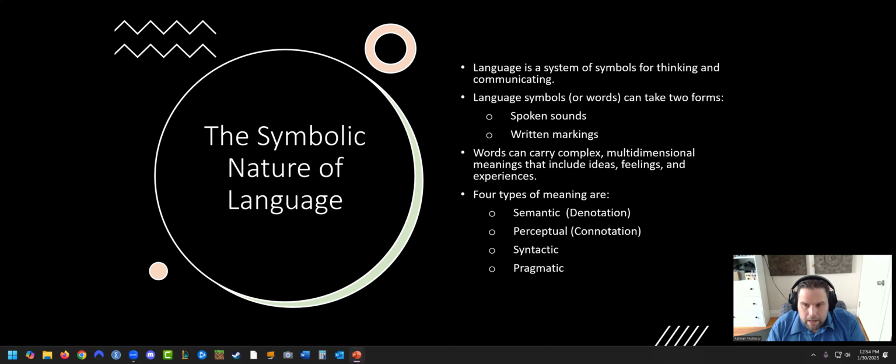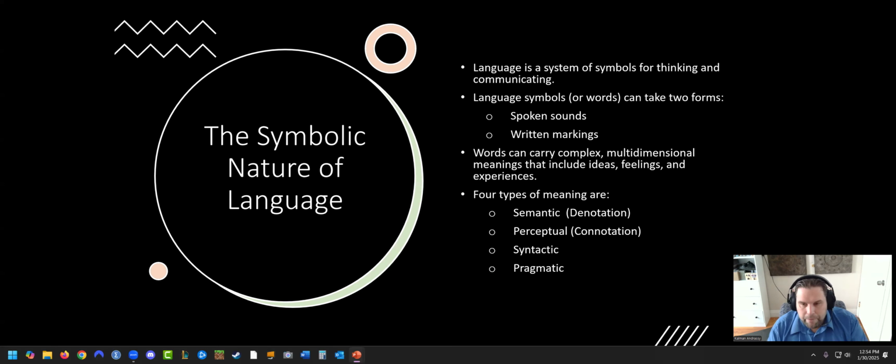into effect. Different sounds come from the different languages that ultimately make up the modern English language, and the way that we write our language, although both the Germanic and the French influences generally wound up using the Latin alphabet as the core of that. The way that we write certain words depends on whether they come from the more Germanic roots or from the more French-inspired roots. Okay, so words can carry some very complex, multidimensional, as it says,